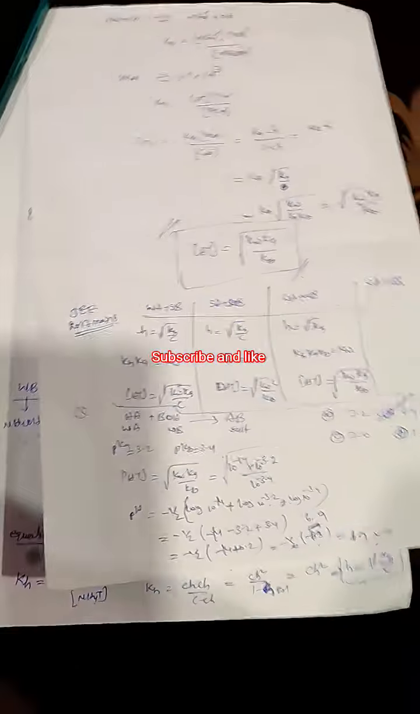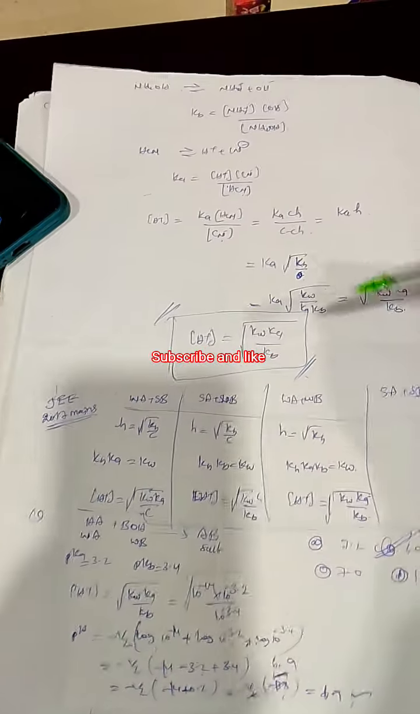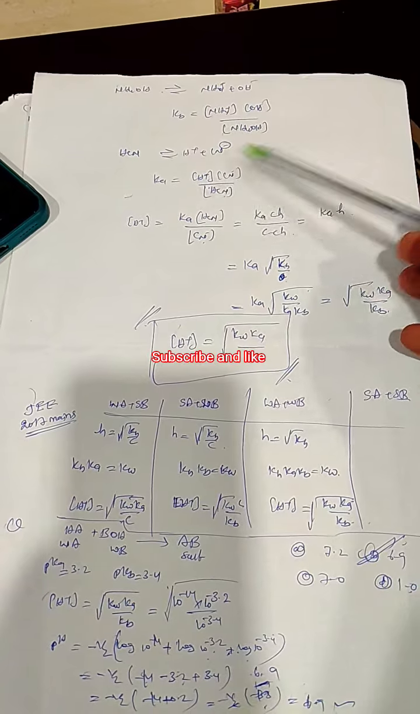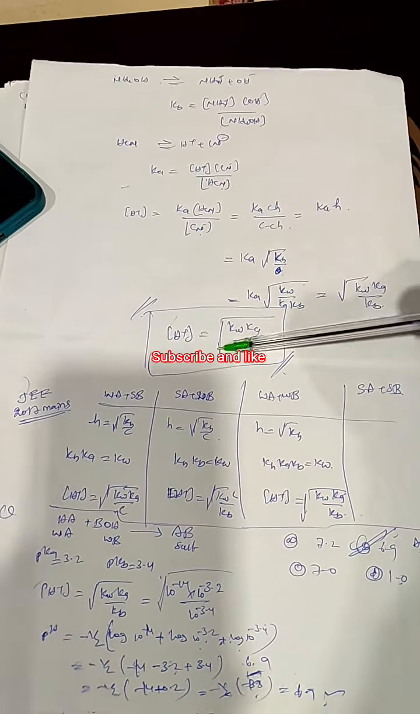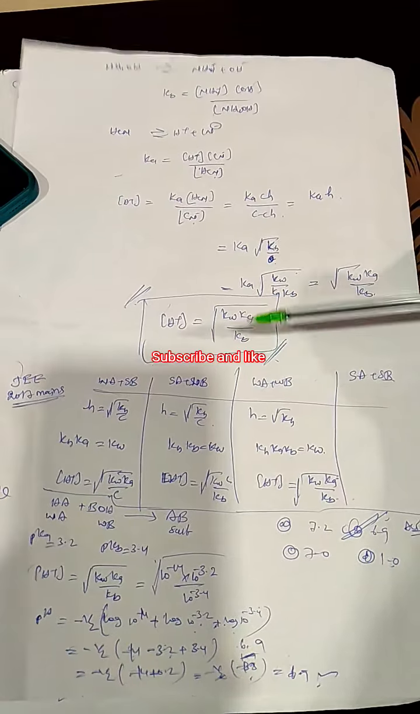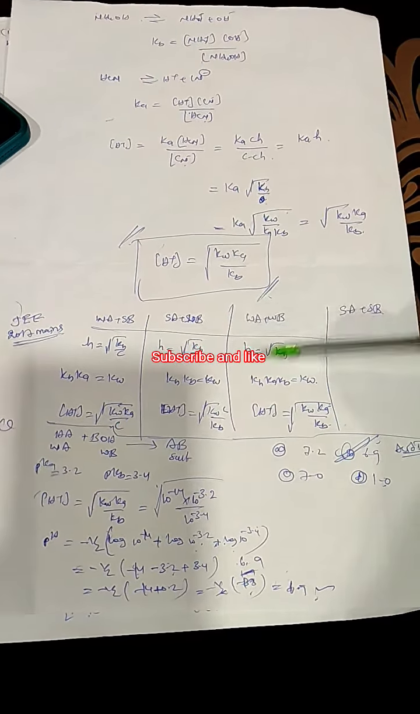We know this one. After that, for ammonium hydroxide, we derived this one: OH minus, H plus is equal to Ka. We substitute this, then you get H plus is equal to Kw into Ka by Kb. This is the equation for the four salts. We can derive the